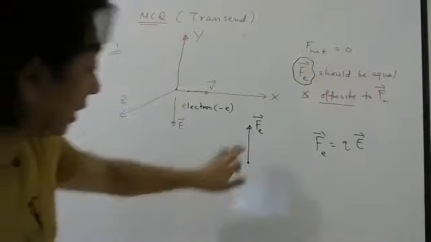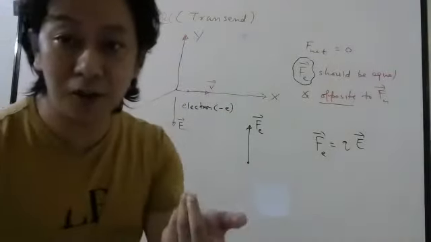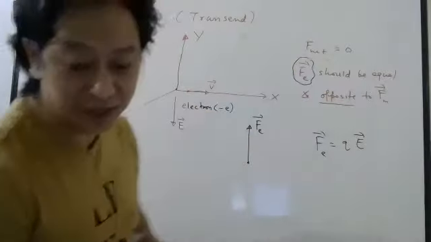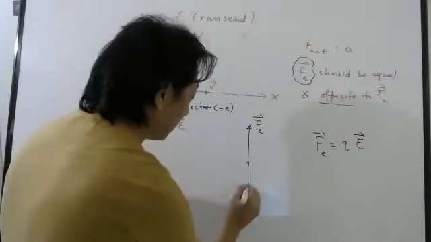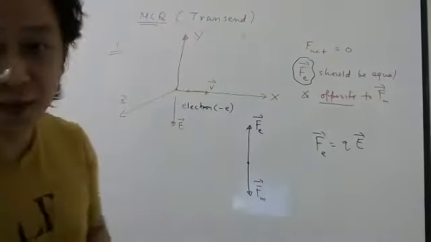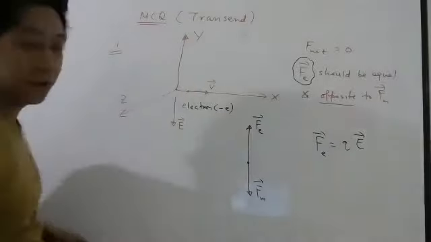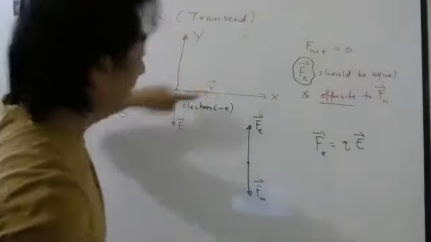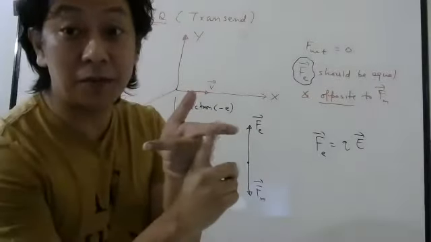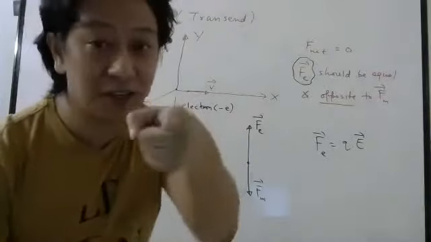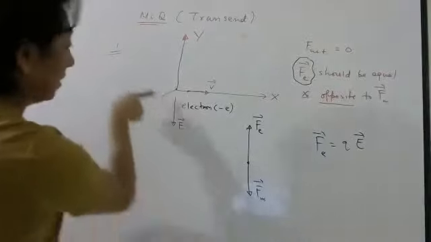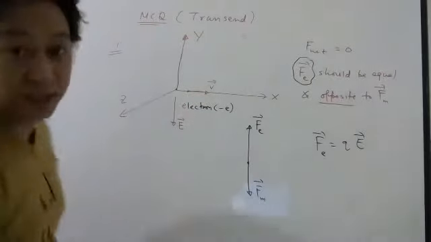So once you know electrostatic force is here, in order to balance it, in order for net force to be 0, magnetic force must be here. Magnetic force must be here. So you know magnetic force should be here. And you know electron is moving this way. So let us use our Fleming's left hand rule. This finger is magnetic field which we have to find. So don't point this somewhere. We have to find this. This is current. Now where I should put current? Along x-axis or negative x-axis?